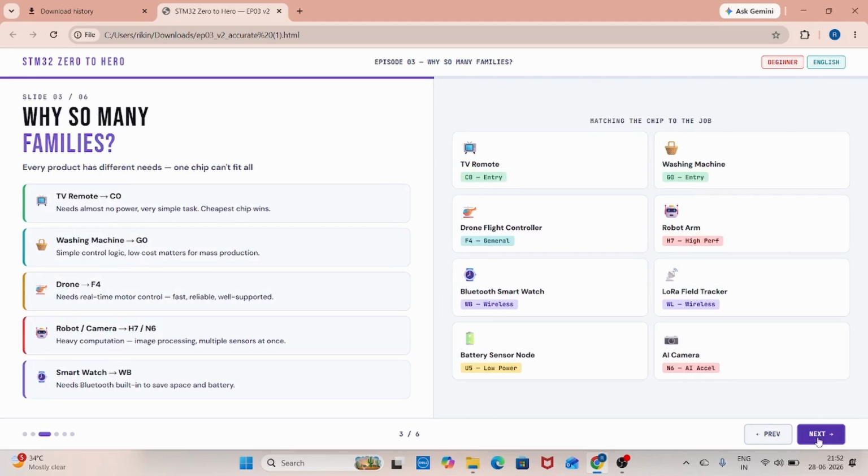So, starting from TV remote to AI camera. For a TV remote, where you need some limited functionality, you can go with the C0, an entry-level microcontroller. For a washing machine, you can go with G0 because of simple control logic and low cost, which matters for mass production. If your controller is low cost, that is very good. And here the functionality is not that complex, so you can go with this